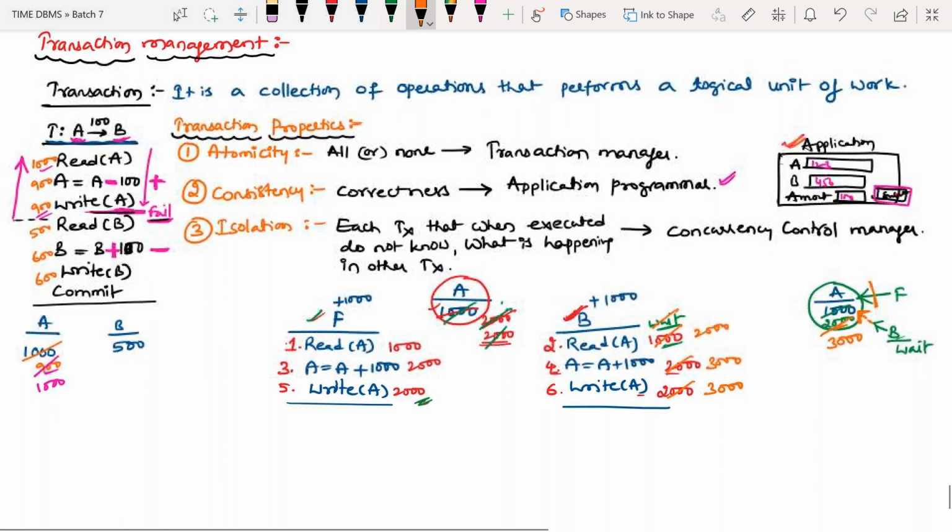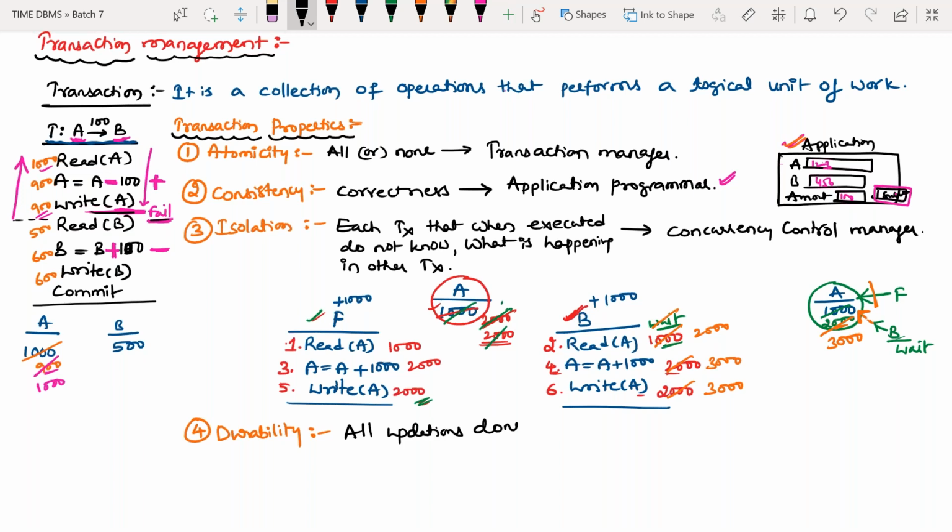And finally, one more property, that is the durability property. These properties are important for the interview point of view. That's why I will be taking this much time. The durability property says all updates done by a transaction should become permanent updates. So whenever a transaction performs a write operation,